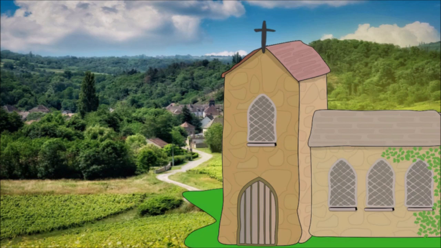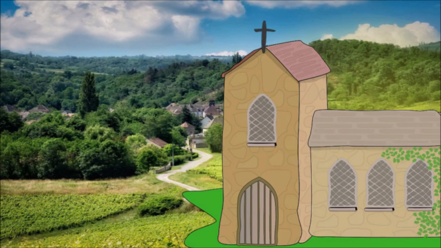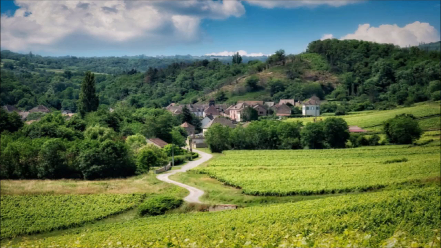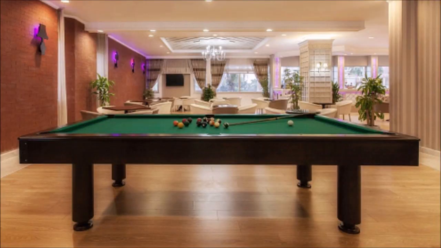If I was to say there is a church in my village, this is not true by definition. The village is the subject, and having a church is the predicate, but this predicate is not part of the subject. My village could have a church, or it could not have a church, and the only way to discover whether this statement is true or false is with observation and sensory experience, and so that statement becomes a synthetic statement.